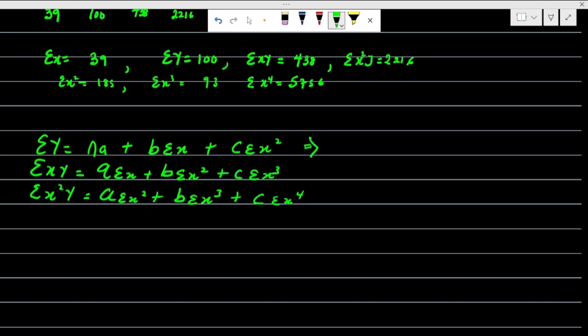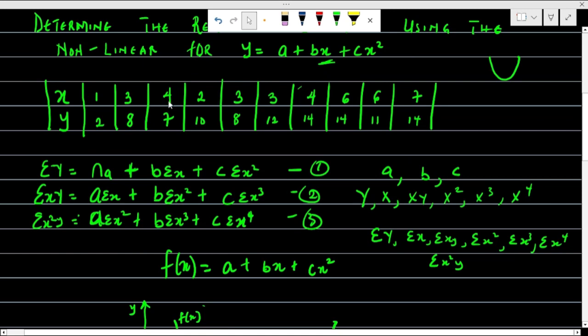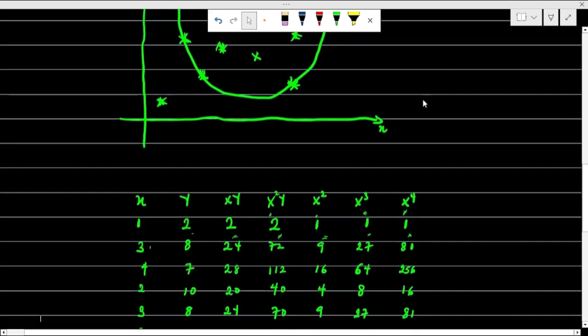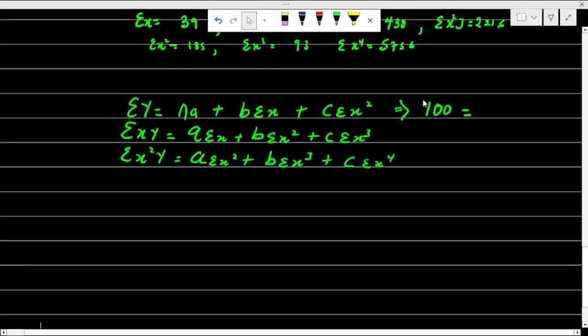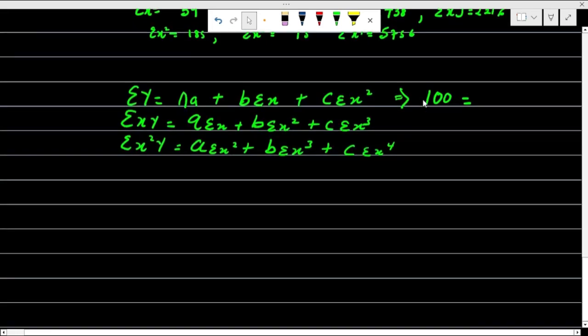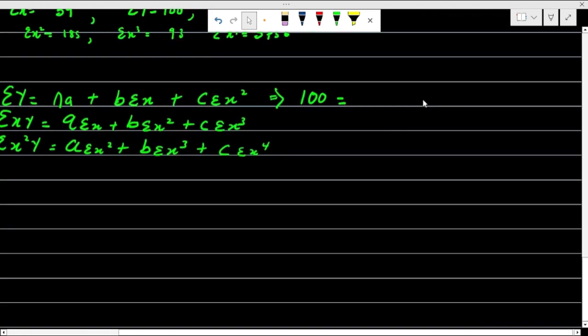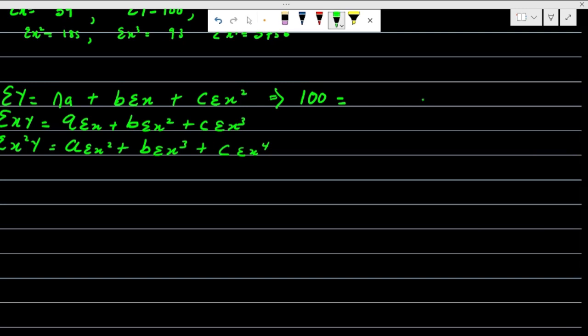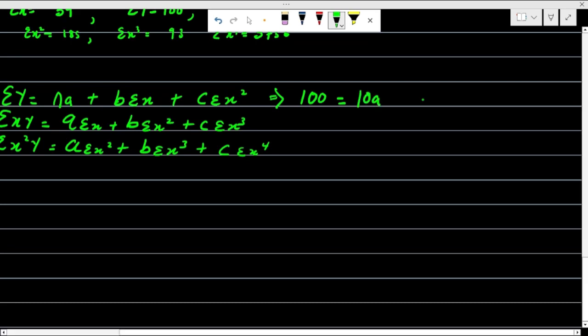what is my summation of y? Summation of y is 100, which is now equal to our n, that is the number of data we have. We have 10 of them. So let's count: 1, 2, 3, 4, 5, 6, 7, 8, 9, 10. So our n is 10. So let's write it. Here we are going to be having 10a, plus